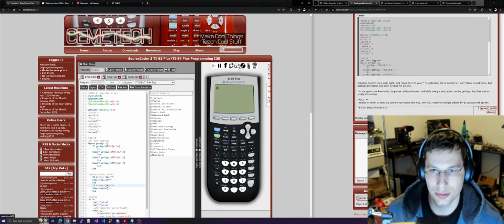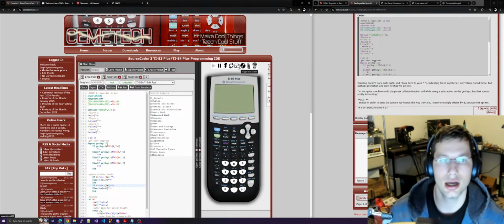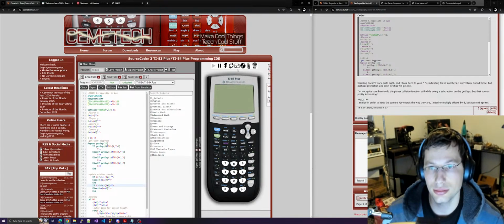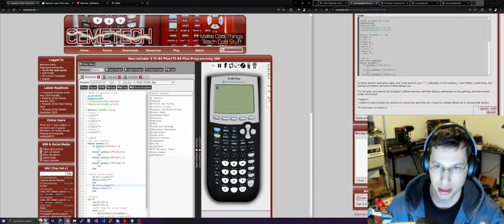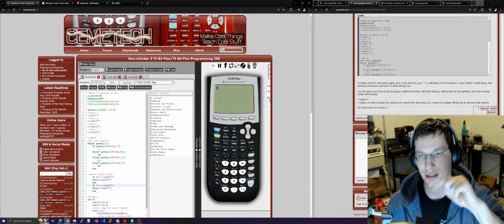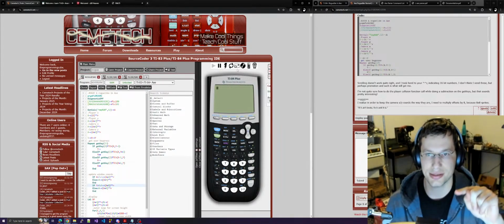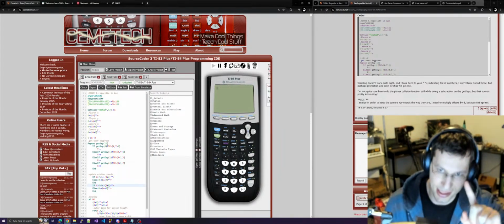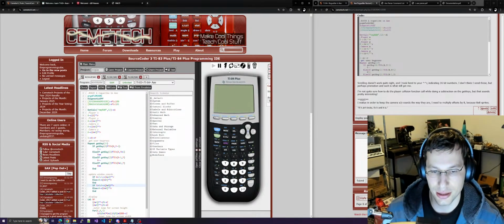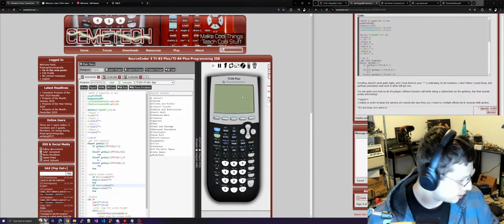So this is a TI-84 Plus. It runs on the Zilog Z80 processor, which is the same thing the Game Boy had. Not the Game Boy Advance, but the original Game Boy. And the Game Boy Advance actually had a separate chip, which is an ASIC that is a Z80. So the CPU in here,